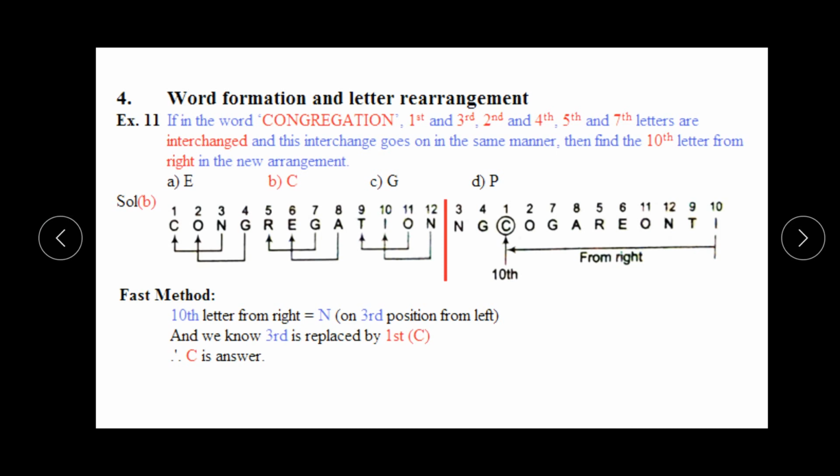But to save time, what we will do is check the 10th letter from the right side in the old word. If we check the 10th letter from the right side, it is N, which is on the third position. We have to check only with which alphabet N is interchanging, and N is interchanging with C. It means